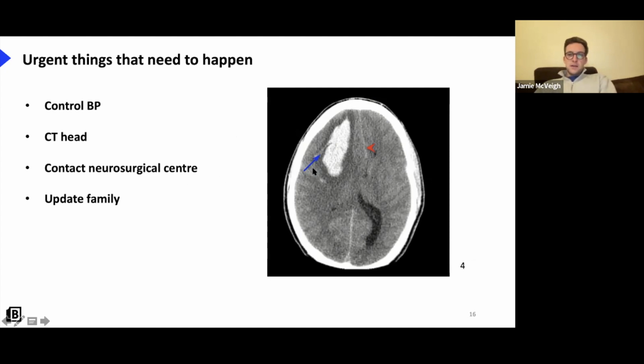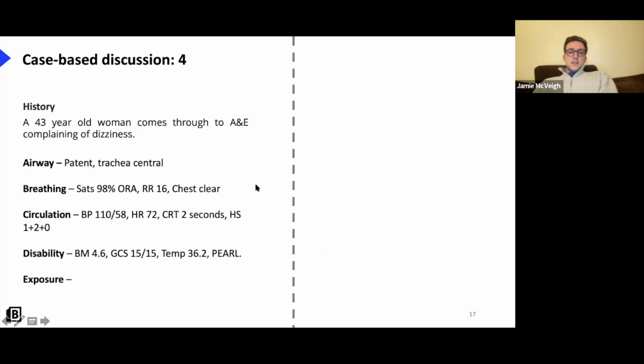So yeah, you do actually see these very, very commonly. Rarely you see them as an inpatient. It would be unusual to be called to the ward to see one of these, but they often come through A&E, and they're very sad cases, because often there's not much that can be done, unfortunately. So last case